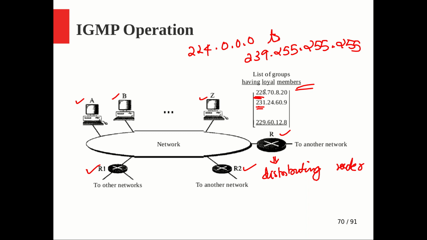So you don't have to maintain the same entry in R2, right? But if the router handles maybe some 10 groups, let this router handle another 10 or 15, let R2 handle. In that way you can configure, but you have to ensure that if there is more than one distributing router for a given network, the lists of group IDs maintained by them should be mutually exclusive. There should not be any common element, because we don't want two routers to take care of a particular group. So that is the thing. And at most you can give this entire responsibility of multicasting in that particular network to a single router also.